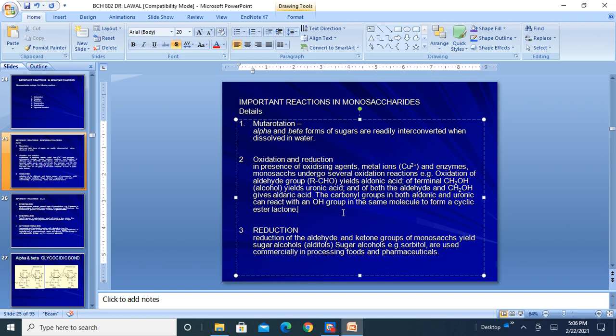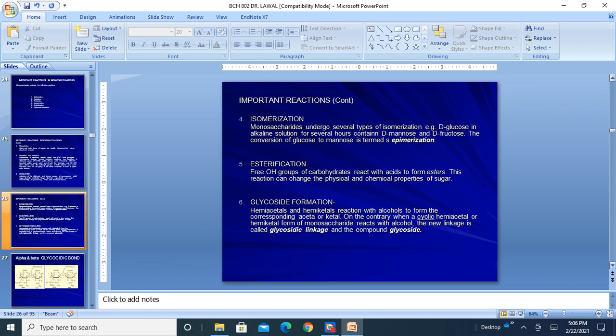A very common example is sorbitol, which is used commercially in processing food and chemicals. Now, isomerization reactions such as the epimerization we observed on carbon 2 and carbon 4, that yields mannose and galactose respectively from glucose, are also among the important reactions that exist in sugars. Esterification,